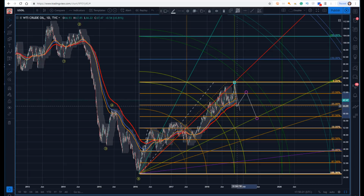So we've essentially come down. We're starting to test that. So I think you get the idea as to where we get there. But this is not insignificant. That is significant. So you have the potential for a significant top there. Now,